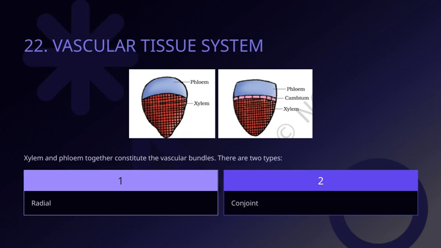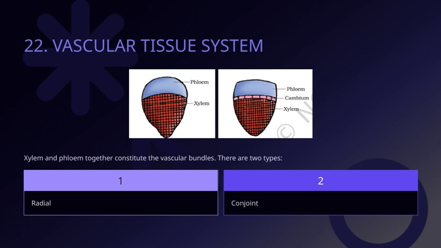Now, moving on to the vascular tissue system, let's take a closer look at the types of vascular bundles. There are primarily two types, the radial and the conjoint. In these bundles, xylem and phloem are together, forming a crucial part of the plant's transport system. The radial type is often seen in certain roots, where the xylem and phloem are arranged alternately in a radial